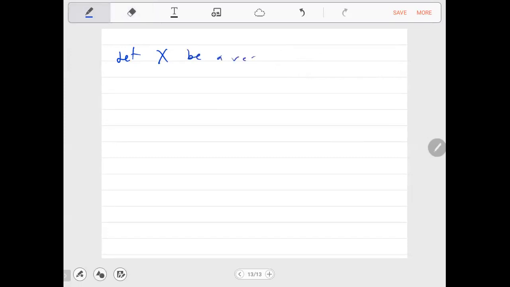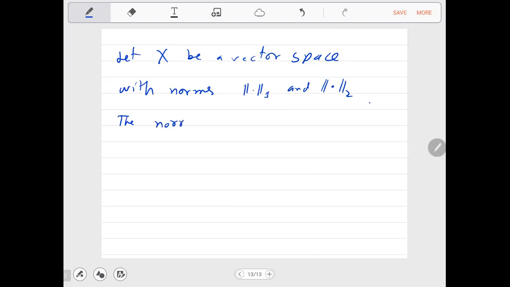Let X be a non-empty vector space with norms 1 and 2. The norms 1 and 2 are equivalent if